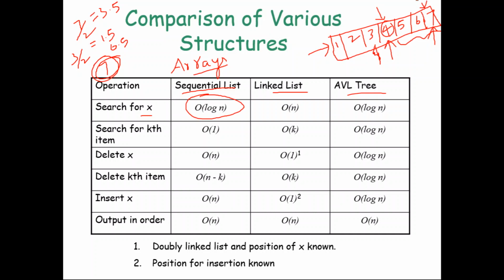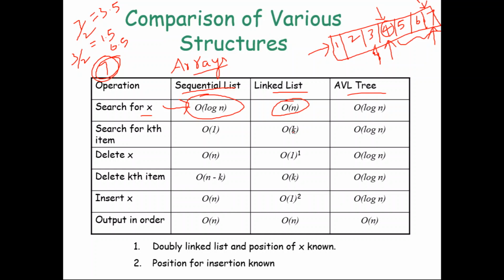So this is similar to binary search. In a binary search tree, we are doing the same thing on the tree, right? So the time complexity for search is order of log n. This type of searching a list is called binary search. Later we will learn this. It is possible only if the list is arranged in ascending order. Whereas in the linked list, it will take order of n times in the worst case scenario if the number is in the last location.